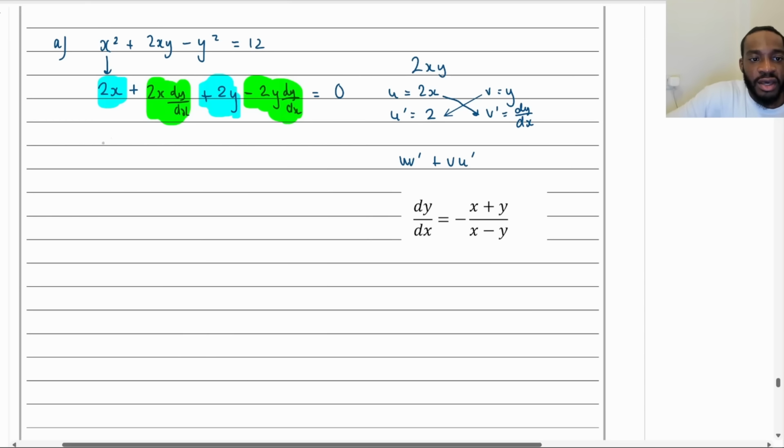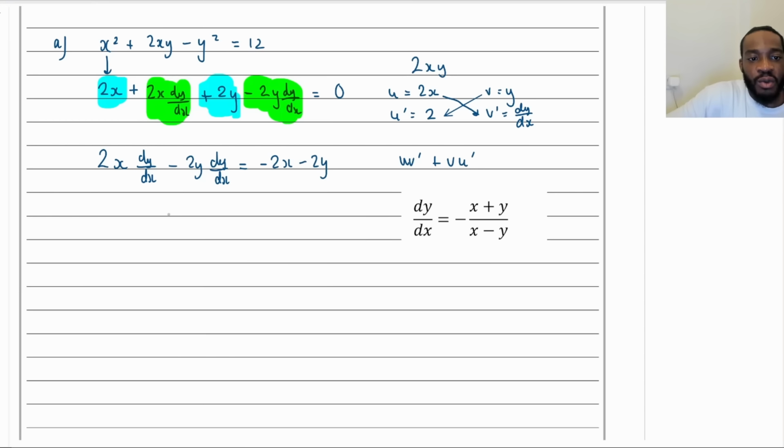So therefore, it will be 2x dy/dx minus 2y dy/dx is equal to, if I move those over to the right, a minus 2x and a minus 2y. And then now we know what to do for it. We take out the dy/dx, factorize it out. And then we're going to have in a bracket 2x minus 2y, and then this is going to equal minus 2x minus 2y. I need to get my algebra on top of the line because it doesn't look good. Anyway, dy/dx then